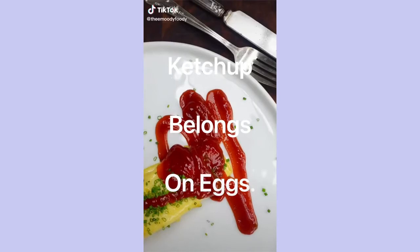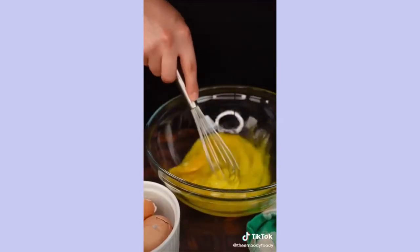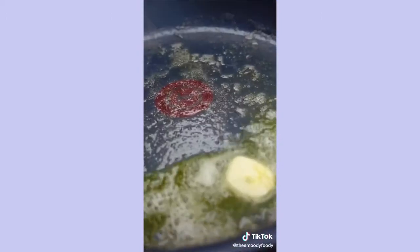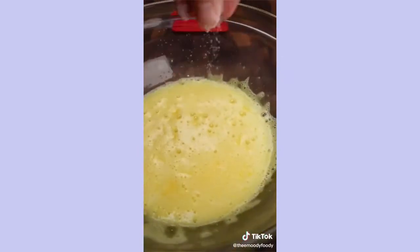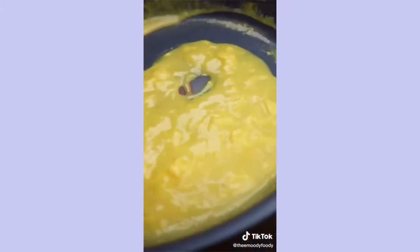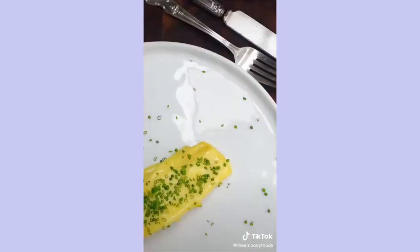Ketchup belongs on eggs. And I know this is a controversial take. I get it. Trust me, I can be a purist too, and the egg is already such a perfect food as is. Some may argue that all you need with eggs is a bit of good quality butter, well, pools of it because butter's delicious, a healthy pinch of salt, and cooking it low and slow with a bit of patience. And if you're lucky, you'll get this silky, luxurious, fluffy texture. And if you're feeling particularly wild, maybe you'll add some chives. But even after all of that, I still can't help but believe that